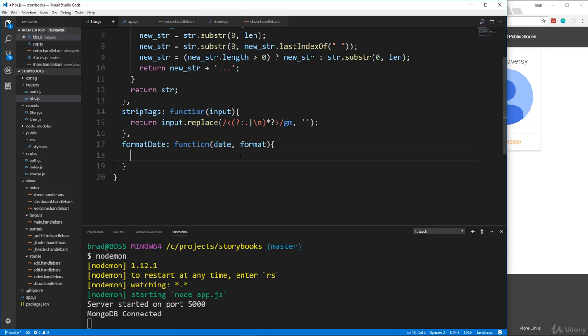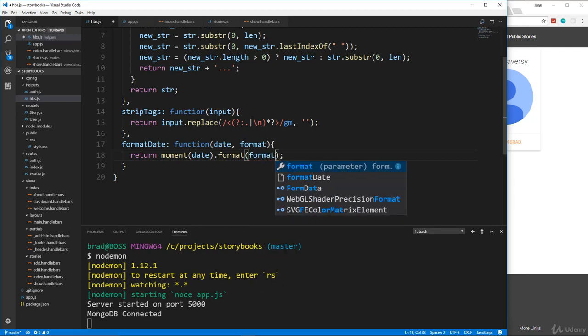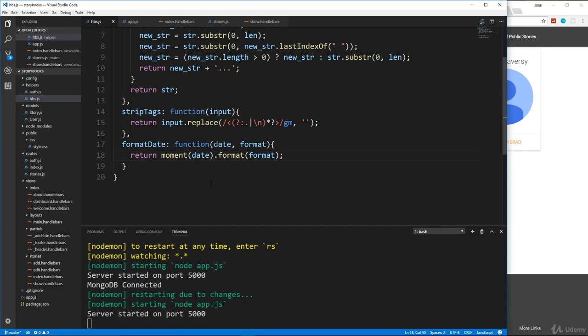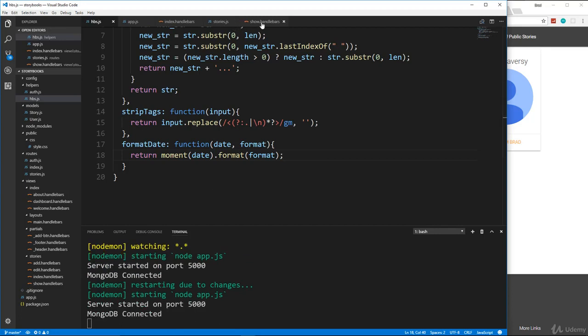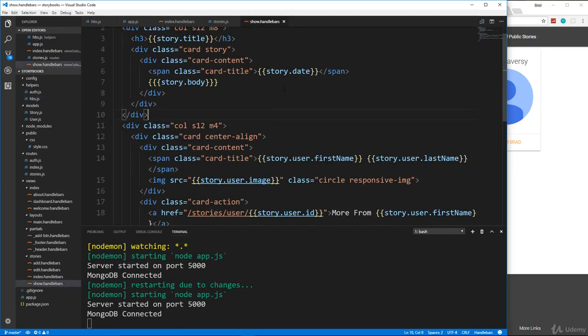And then all we're going to do is return moment, pass in the date that's passed in, and then say .format, and then pass in whatever format is passed in. Okay, so whatever this date is, that's going to go in here. The format we passed in is going to go in here, and that's going to be returned. So let's save that. Let's go to our show.handlebars and go to where we have our date,